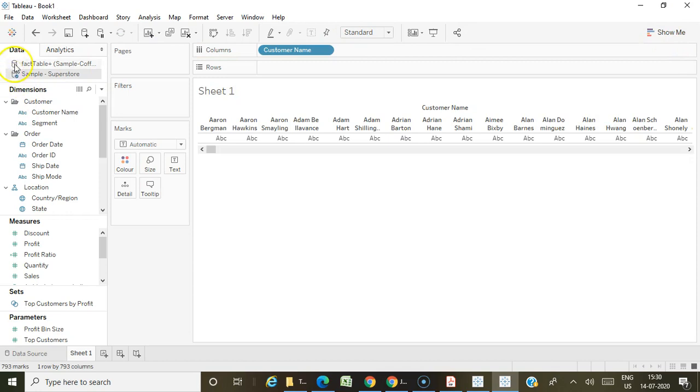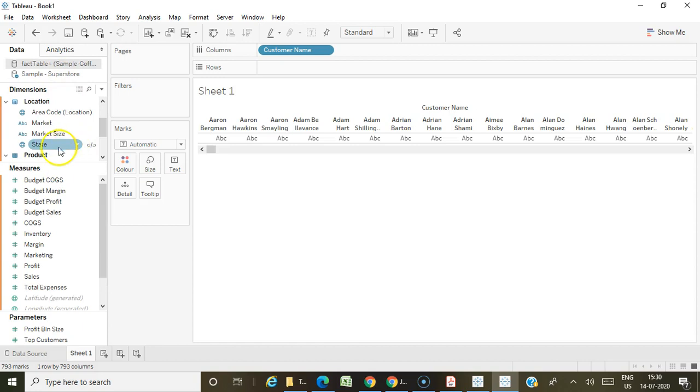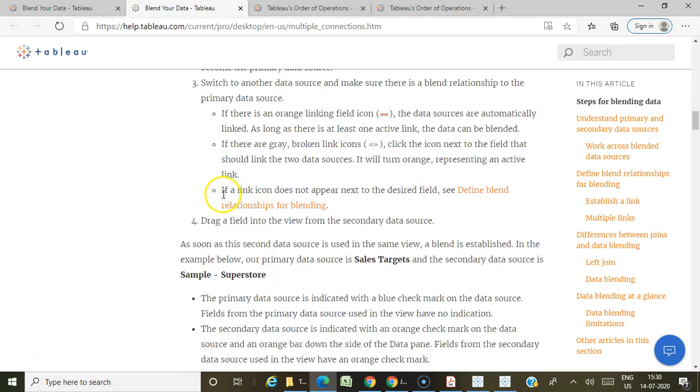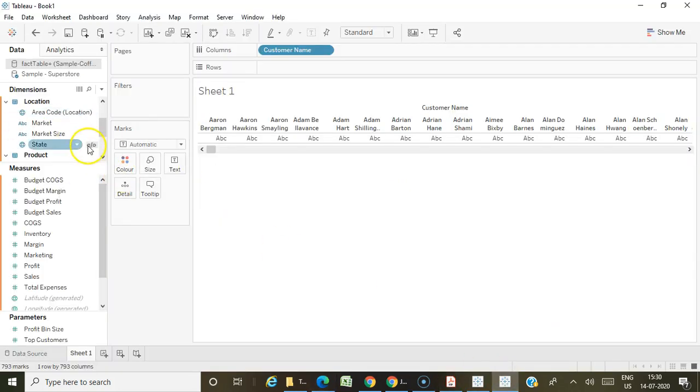And when you are doing data blending, there is one more connection you have to make, which we call the linking field. Near the field based on which we are creating the relationship, you will see something called a linking field. You have to link this field. Only when this link is filled, the blending will happen. If the link is broken, the blending will not happen. So I am linking these two fields and then I am taking the budget sales from the coffee chain database.